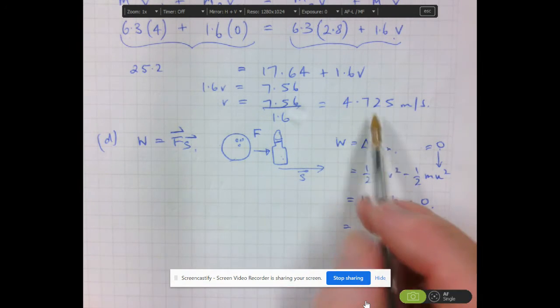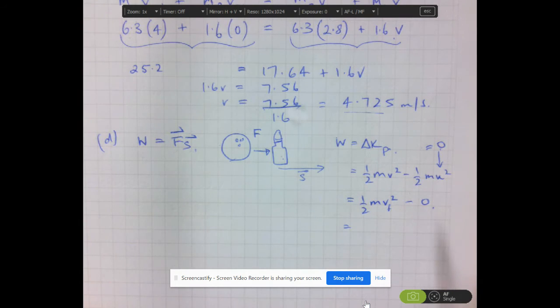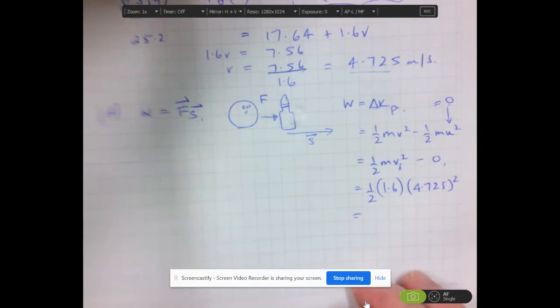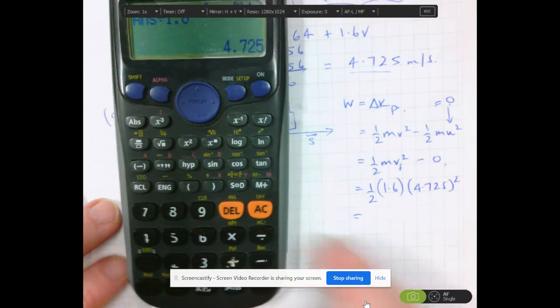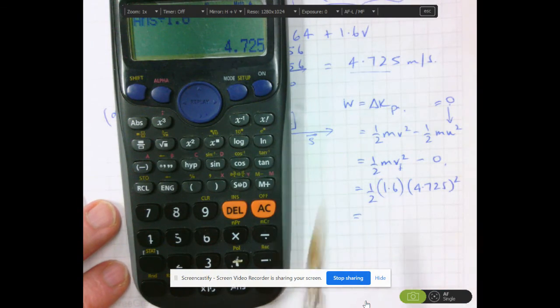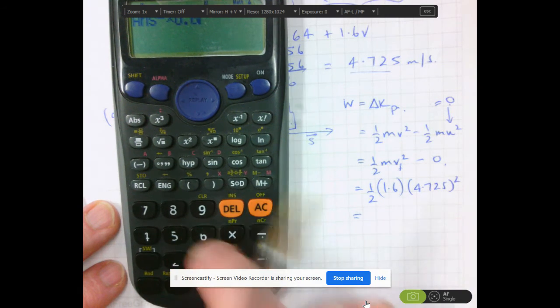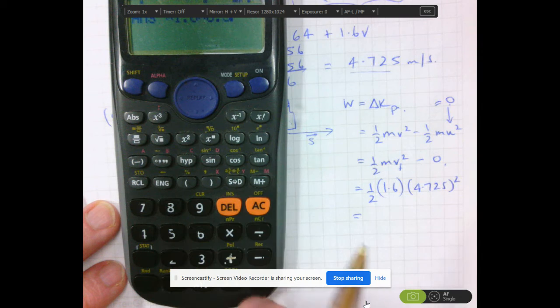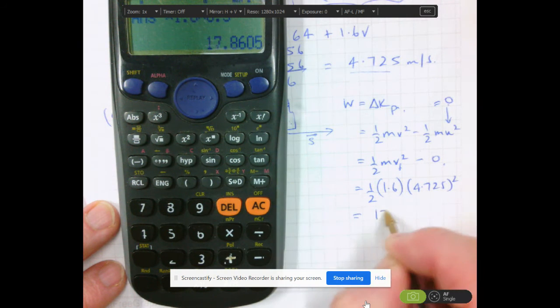So we just calculated that as 4.725. So it's a half times the mass of the pin, which is 1.6, times 4.725 squared. Working that out. So I've already got 4.725 on there, so I'm just going to square that value and multiply it by 1.6, whoops, 1.6, not 1.6 times 0.5. And so we get